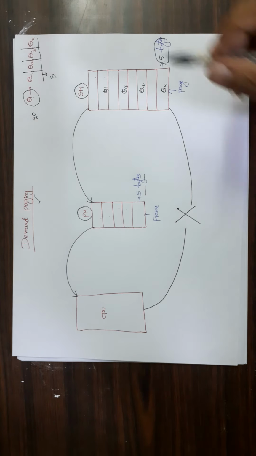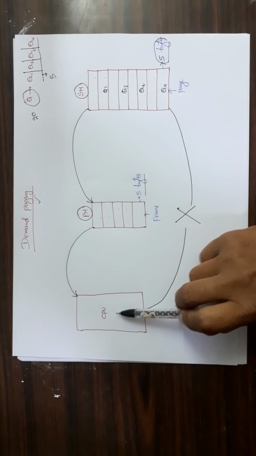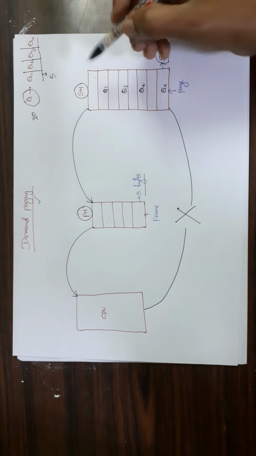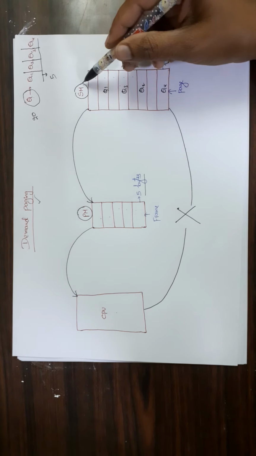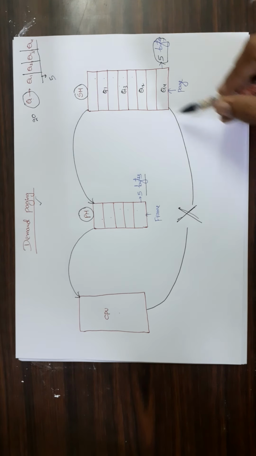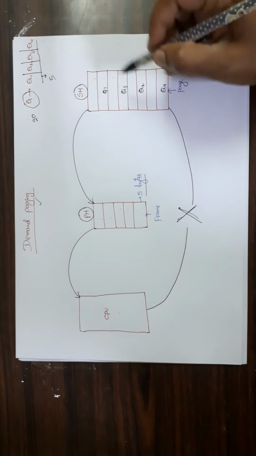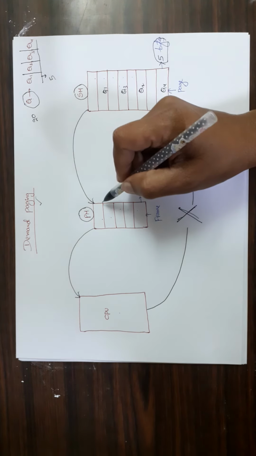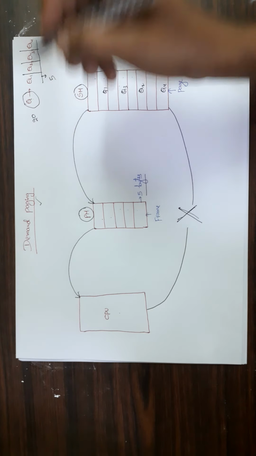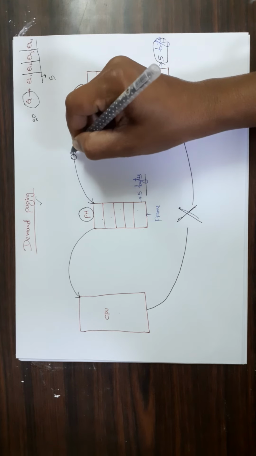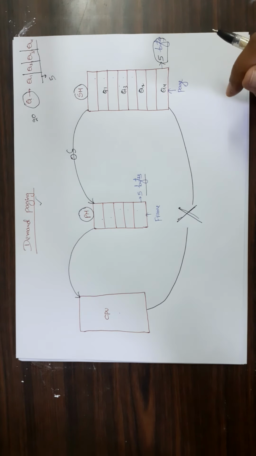Now whenever the CPU wants to execute the process queue, if you observe, the process queue is available in the secondary memory. So the CPU cannot access the data from the secondary memory. So the process queue data should be brought from secondary memory to the primary memory. Bringing the process from secondary memory to the primary memory is the responsibility of the operating system.